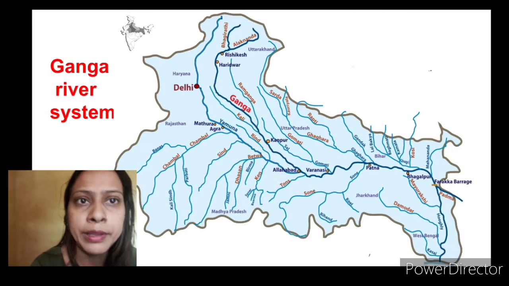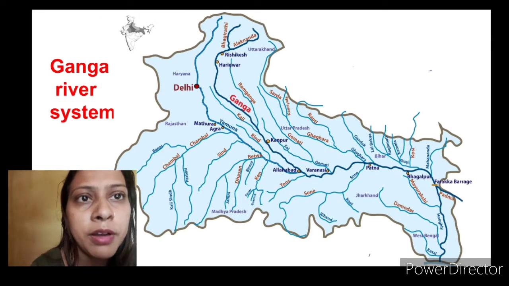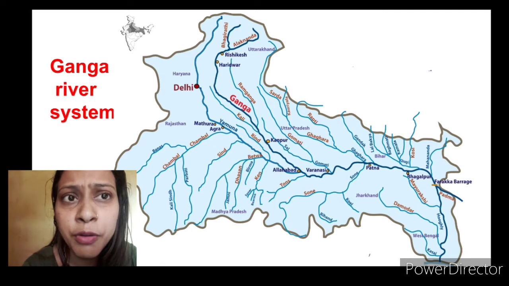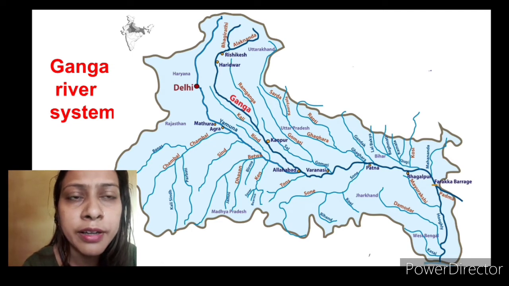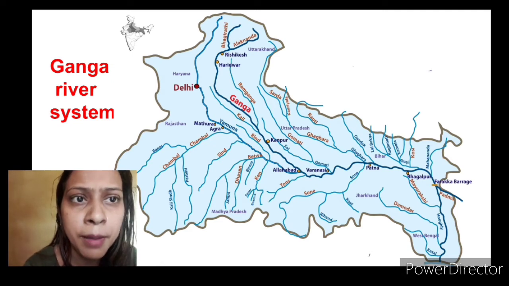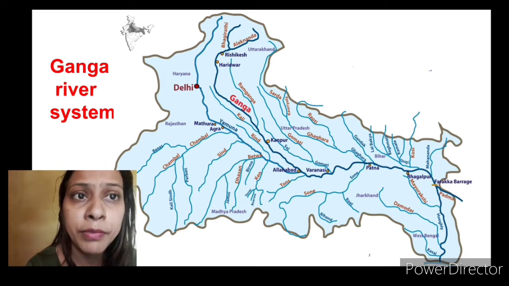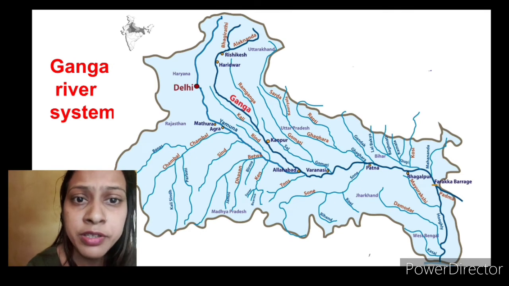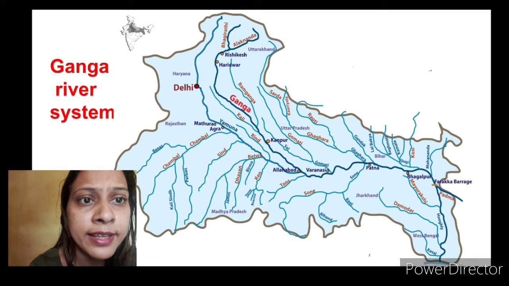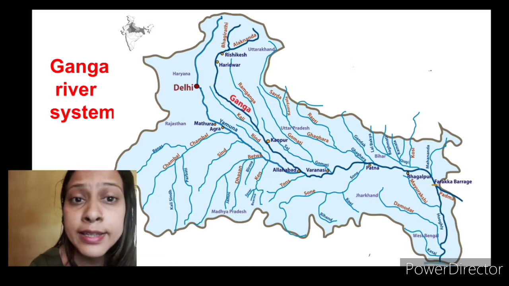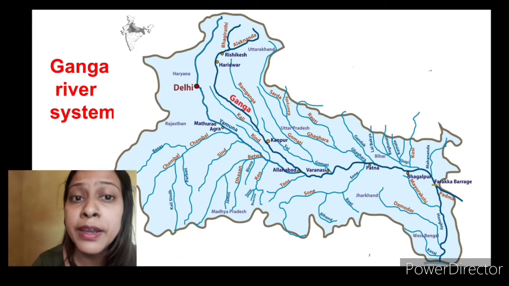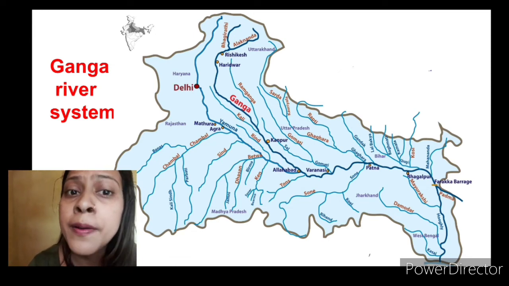I'll just show you on the map. You can see Yamuna, you might have seen. Starting from Yamuna, the upper one is the main river Ganga. The upper ones are Himalayan rivers, and from below, whatever is joining, such as Chambal, Sindh, then Betwa, Ken, Ton, Son, these are peninsular tributaries which are joining river Ganga.